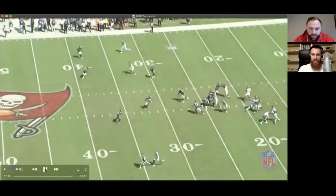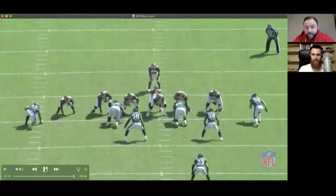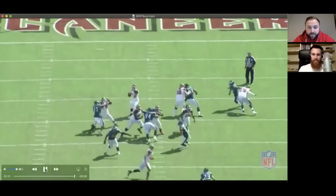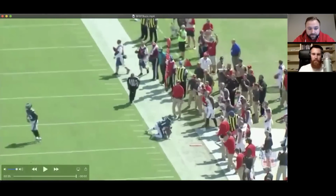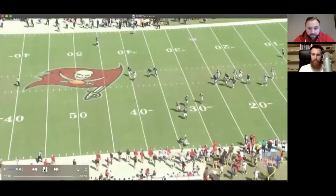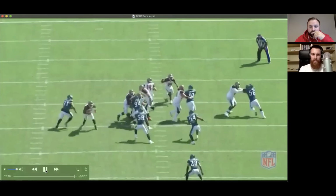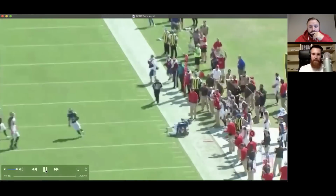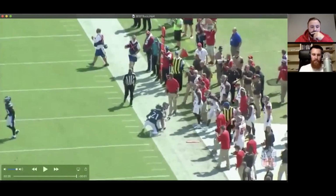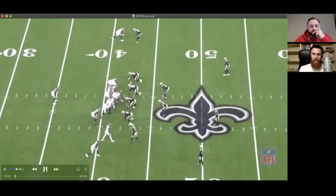Yep. So, get them to flip right there, fire the feet. And it's got to be a good ball, and that's a good ball by Fitzpatrick here, right? Turning. Yeah, really I think something that's stood out on these clips too is Fitzpatrick was well coached with his eye use. That might have been Monken, it might have been other guys. It was probably a combination of all of his coaches, but I think he's done a great job on these clips. We haven't really talked about it up to this point, but of looking down the middle of the field when he gets to the top of his drop, then flipping his eyes to wherever he's reading on the field,